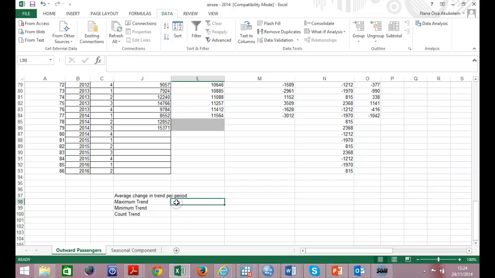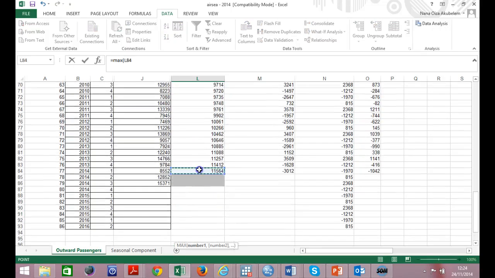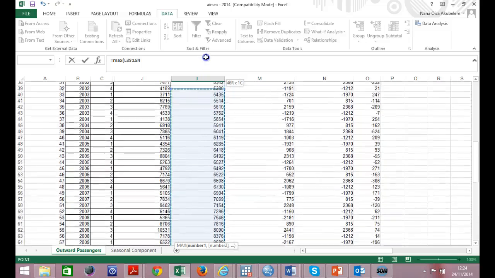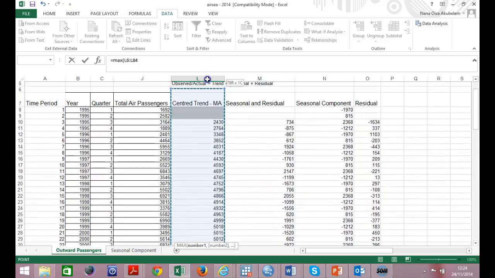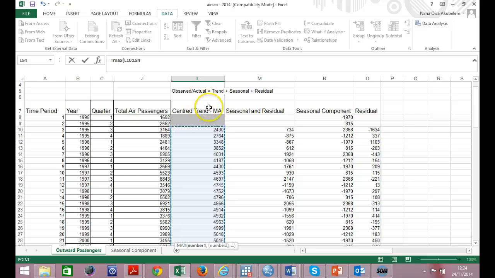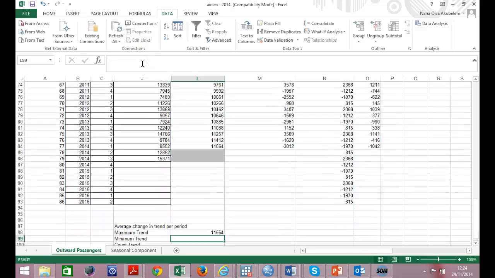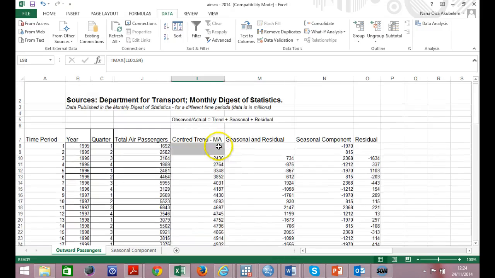Okay, so the maximum trend will be equals to maximum, open your brackets, maximum of what? Maximum of all the trends. So select all the trend values. Now this is just the numbers, don't include the title, just the numbers, and then you close the bracket and enter. So this tells you that the maximum of all the trend values is